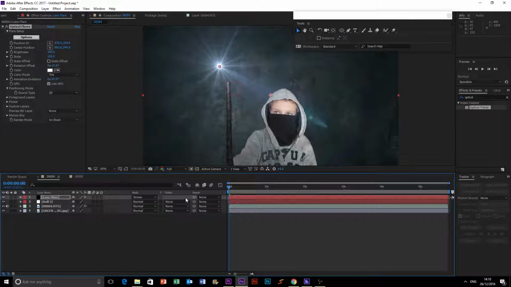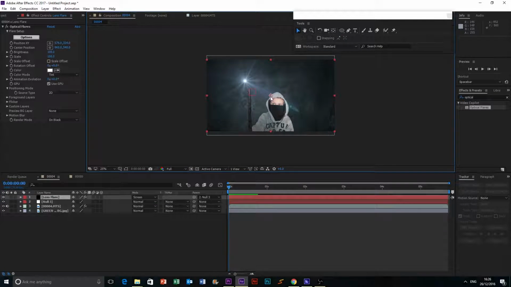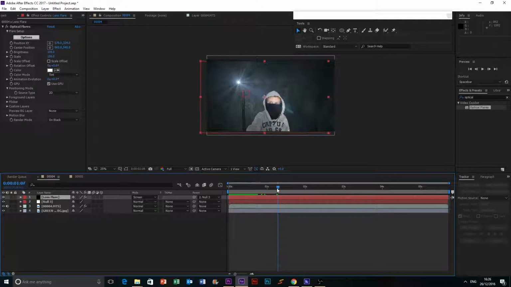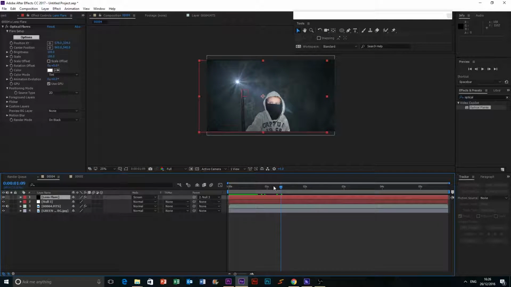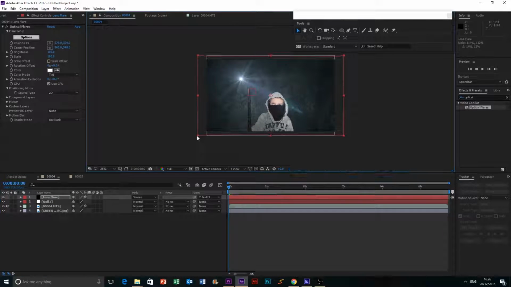Okay. So the position, I'm going to parent to the null layer by dragging this little pick whip to the null. Okay, so you can see we have attached it to this, but unfortunately it's not following the wand. It's just a few bits away, and you can also see when it goes out of frame, sometimes up here you can see it, it's sort of one bit's light and one bit isn't light, so we need to fix this. What I'm going to do is just make it a bit bigger, and then select the optical flares, move the actual flare to where the tip of the wand is, and now, when we play it,